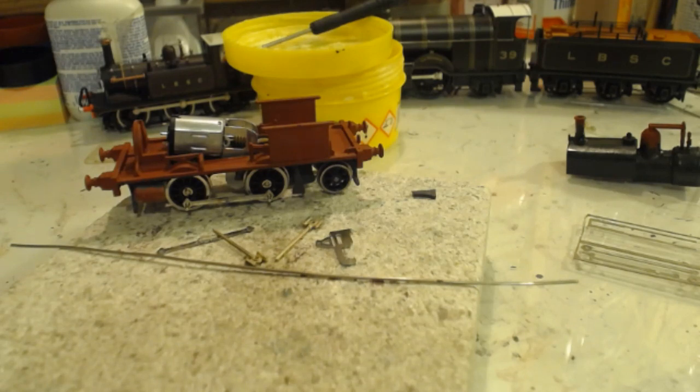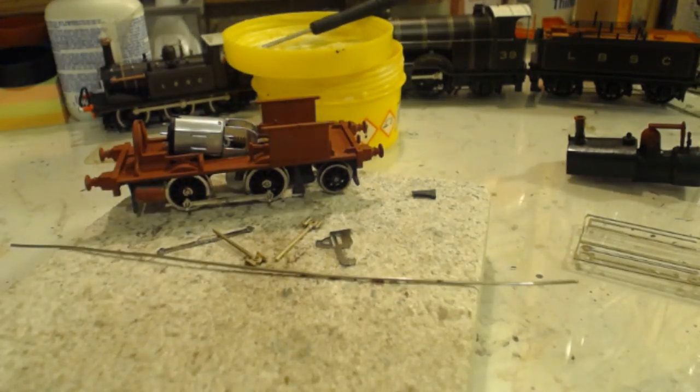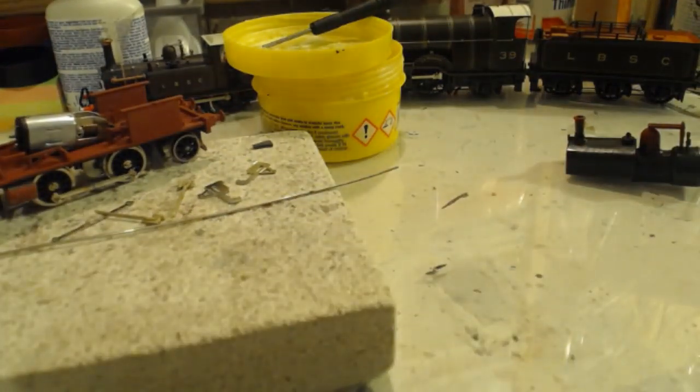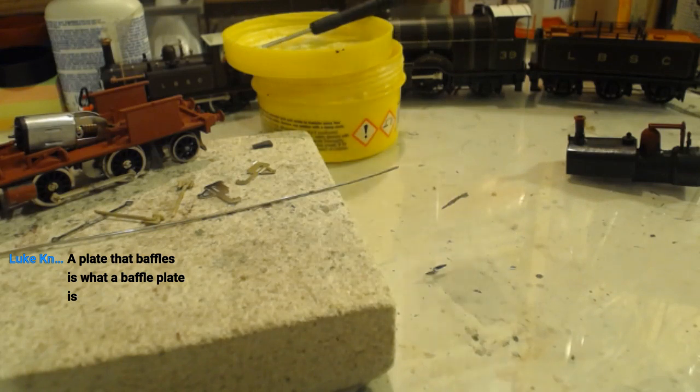Yeah, I mean, there is a baffle plate on the Steam logo, just not there. Right, what's a baffle plate then? Because right now I am baffled. Because, you know, I genuinely don't know these things. I don't know the names of parts of engines. I mean, I know the boiler and the smoke box and the firebox and the obvious stuff, but I don't know anything else, really. You know, for my knowledge of steam locomotive parts, if it's in a book for 5-year-olds, I probably know what it's called. Other than that,